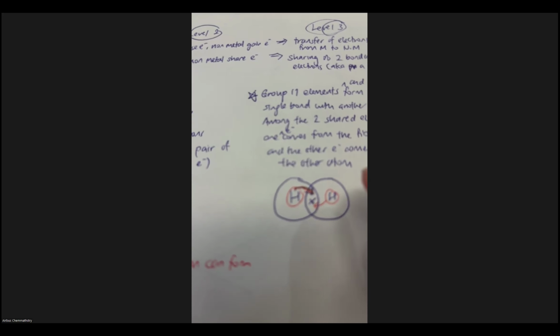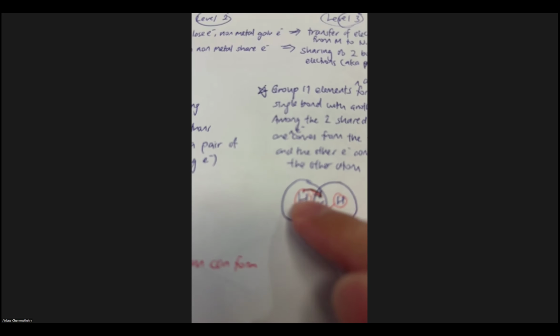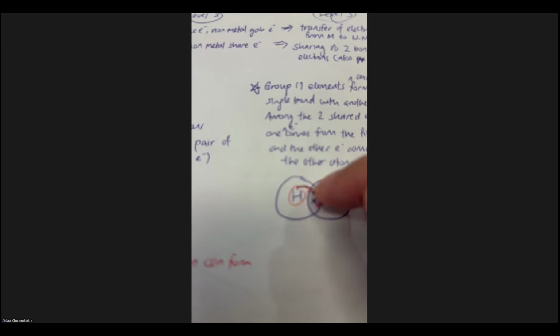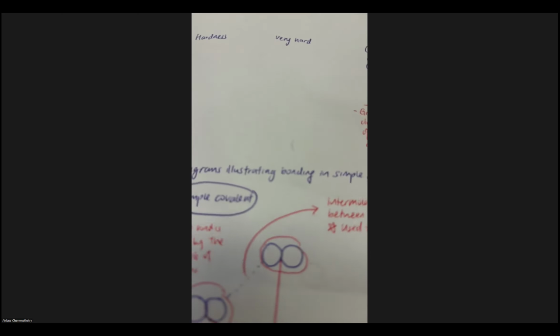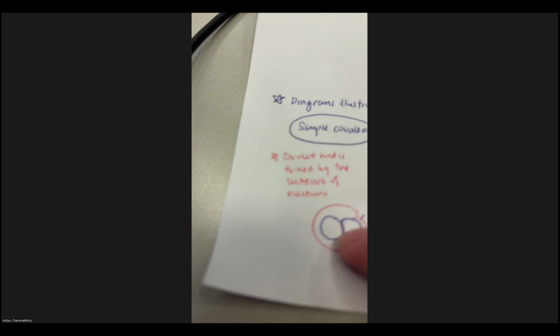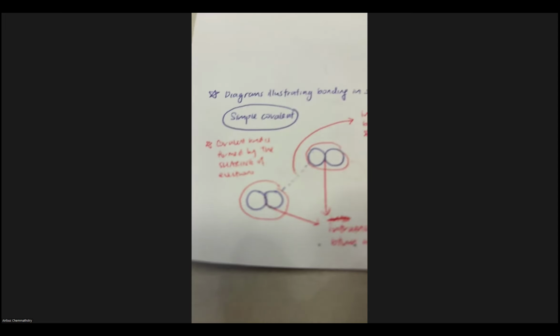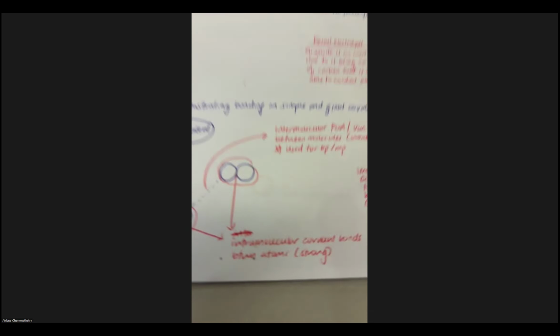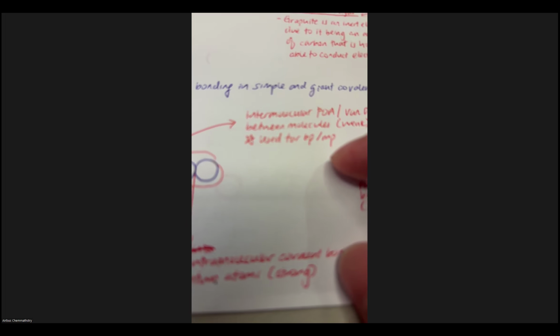So as you can see, this is a hydrogen molecule, right? This hydrogen contributes this dotted electron. This hydrogen contributes this cross electron. So overall, this is a single bond, but there are two shared electrons, right? So this is actually for you to understand what is going on. So this is actually a chemical property. This is a chemical property, but this is a physical property, because this is the one that's responsible for the boiling point and the melting point, right? Okay, then